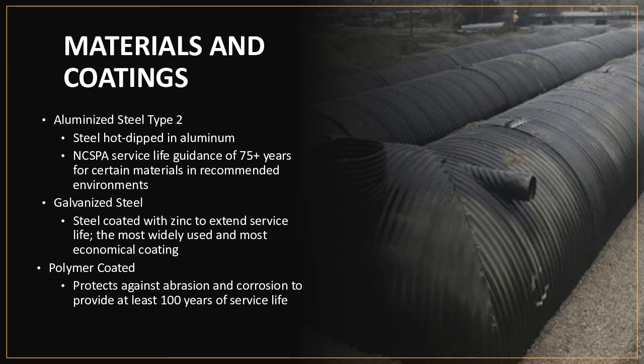We talked a little bit before about materials and coatings. Again, aluminized steel type 2 is probably the most economical. It has a very wide environmental range where it can provide anywhere from 75 or 100 years of service life. Galvanized steel is still the most commonly used coating because it does have a very wide environmental range and can provide anywhere from 50 years plus in terms